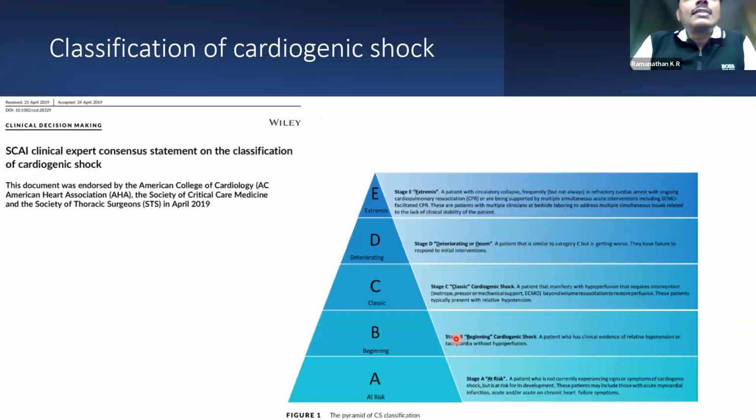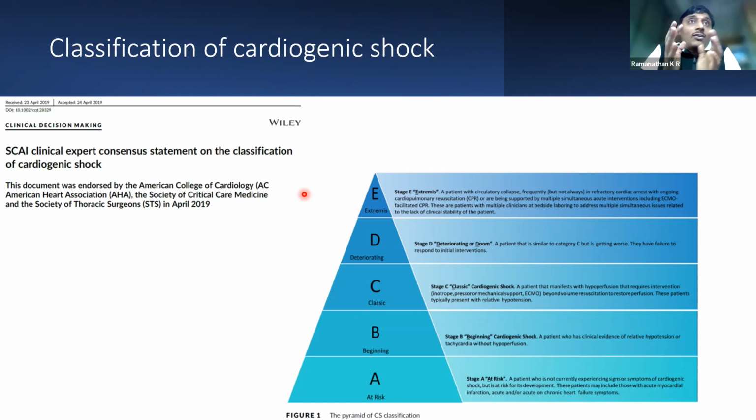So that takes us to the next thing that we are looking for. How do we classify the shock state? So we've now seen this patient who has presented with hypotension and tachycardia. He clearly needs to be stratified now as to what therapy or intervention he needs. In addition to the definitive therapy, maybe he may need to be rushed to the cath lab if there is worsening chest pain, or if his ECG shows evidence of ST elevation MI.